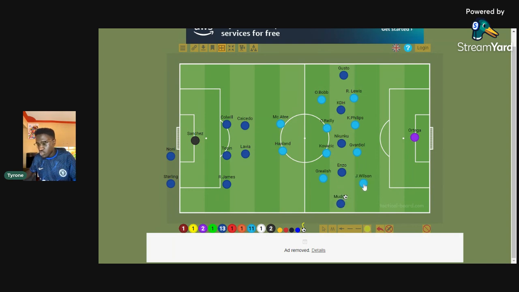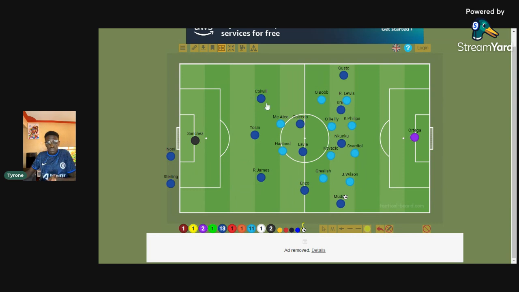And because Wilson was very ready to take care of Mudryk, these 2 midfielders will actually sit on Dewsbury Hall and Enzo Fernandez. And because Manchester City narrowed their lines, we started to see Fernandez actually coming out to receive the ball here. Now, let's look at the back line. This made Caicedo and Lavia play as the 2 pivots together. And I think that out of the 2 players, Lavia played the best. And this is because Lavia has played in preseason, so we shouldn't be surprised.